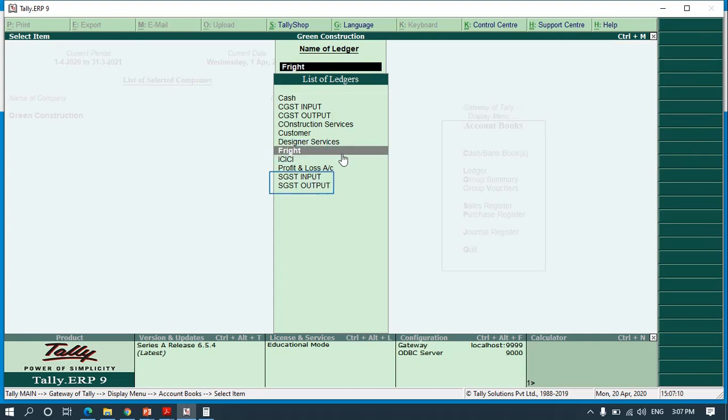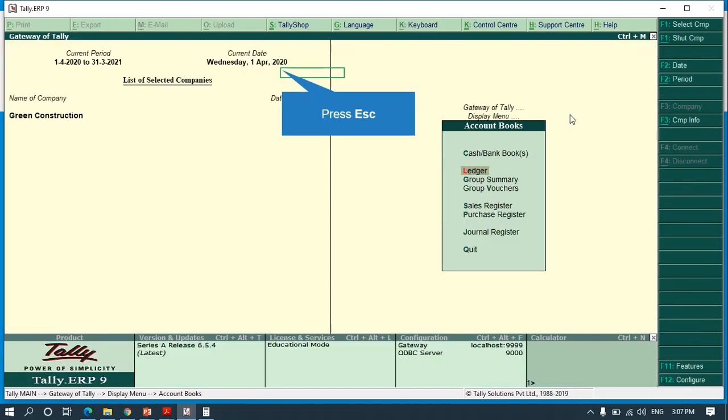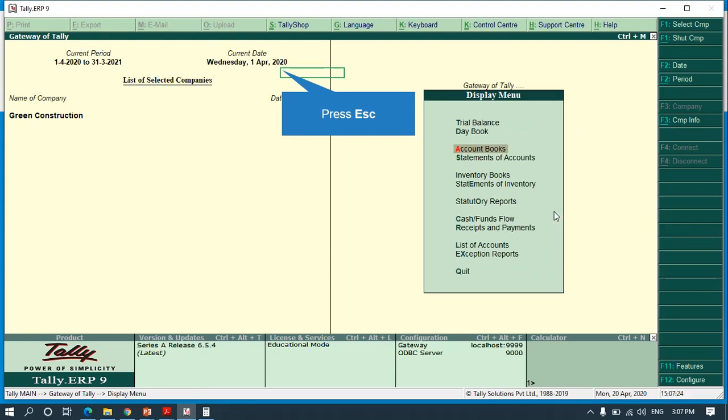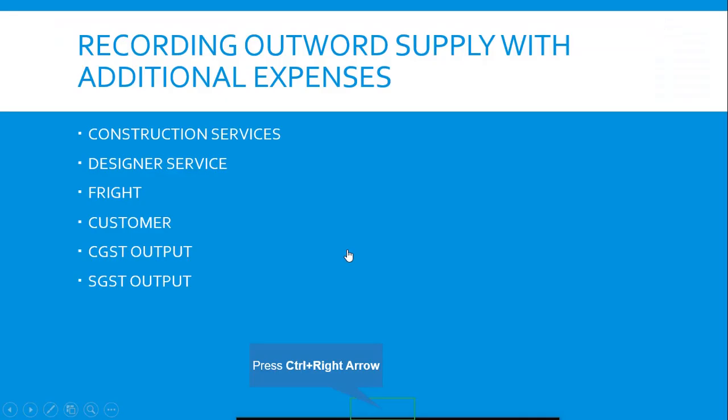Liability 7,000, tax liability on customer. All those things we have already seen. Now this is how you are going to post outward supply with additional expenses.